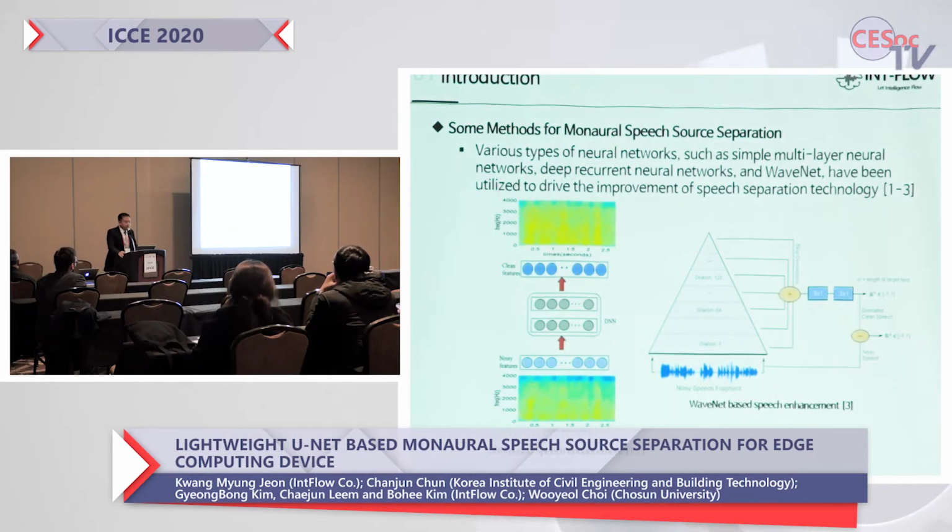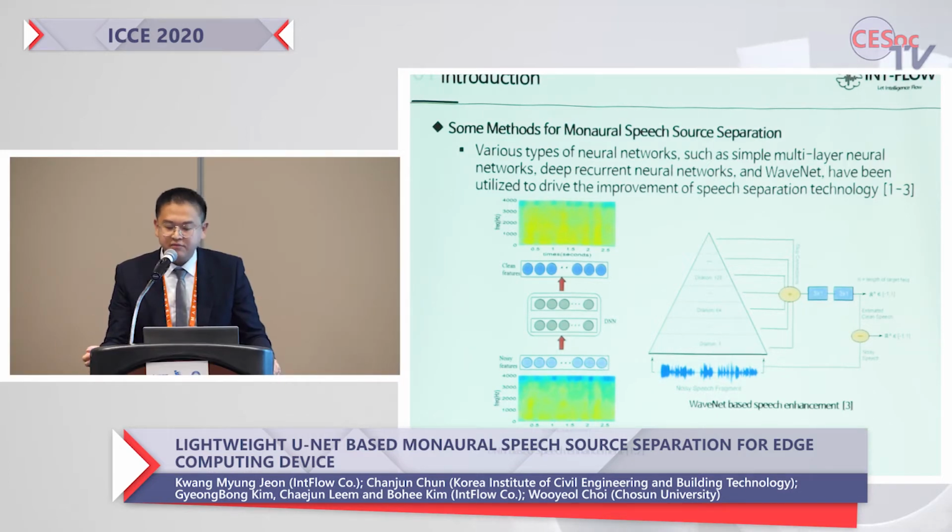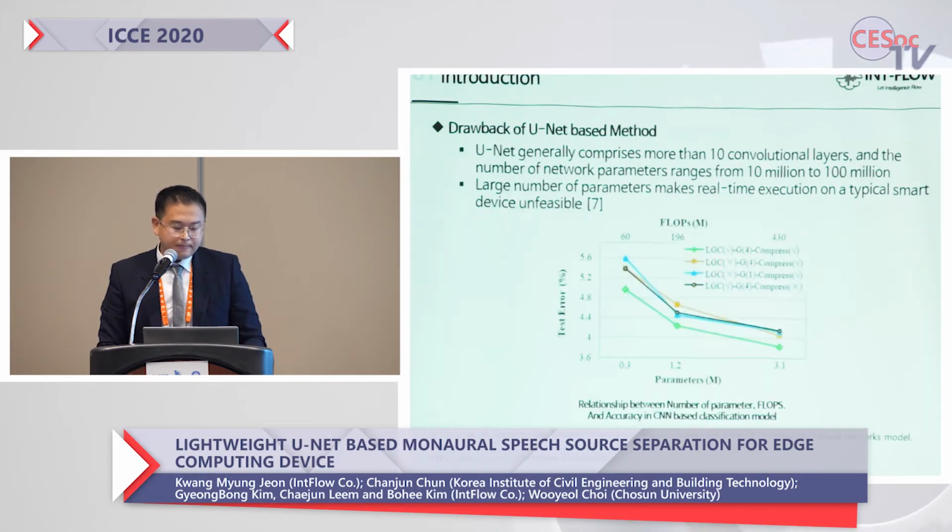There are some algorithms that try to tackle this problem, as in other fields. Monaural source separation is also aided by deep learning techniques such as simple multi-layer neural nets, deep recurrent neural nets, or WaveNet, etc. Each of these algorithms improved speech separation performance in their own way. However,